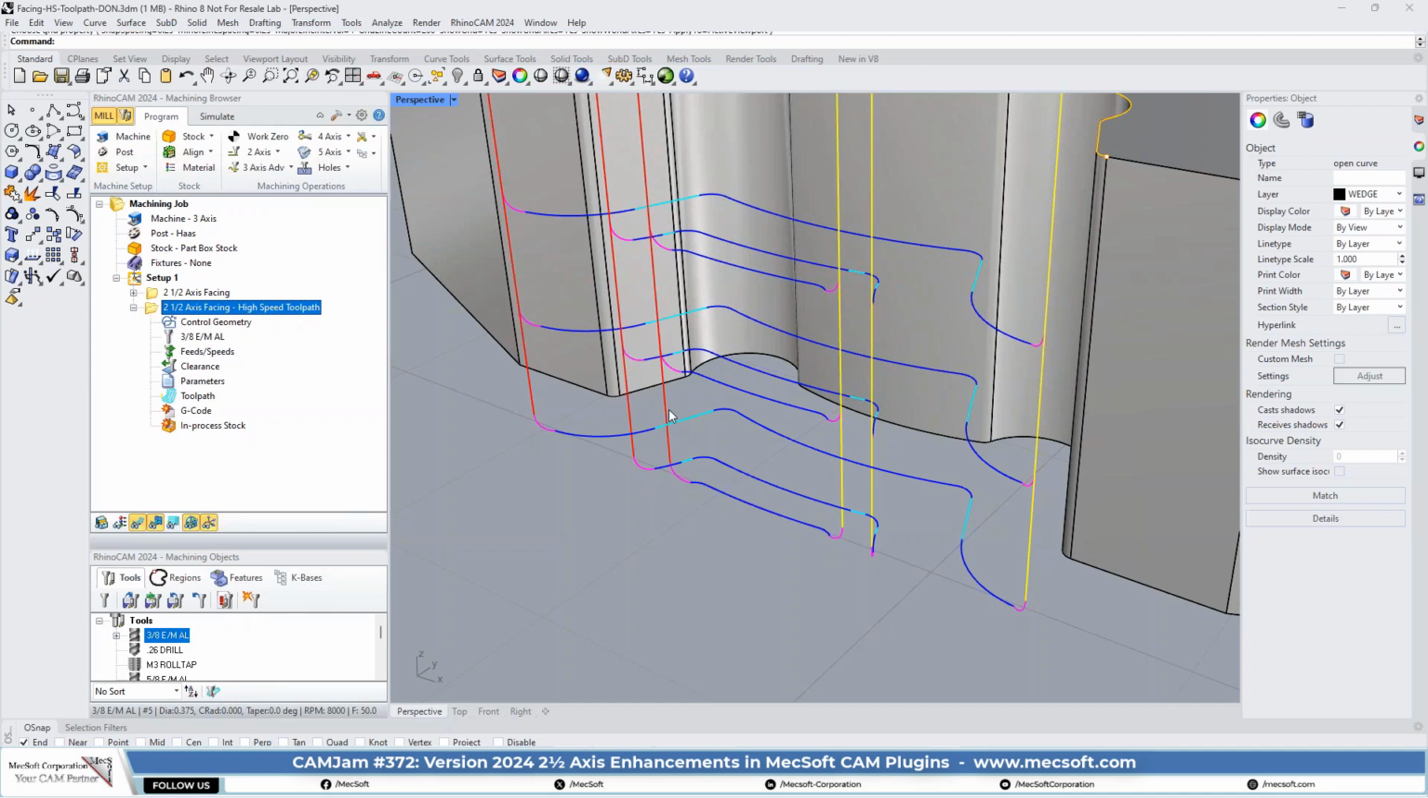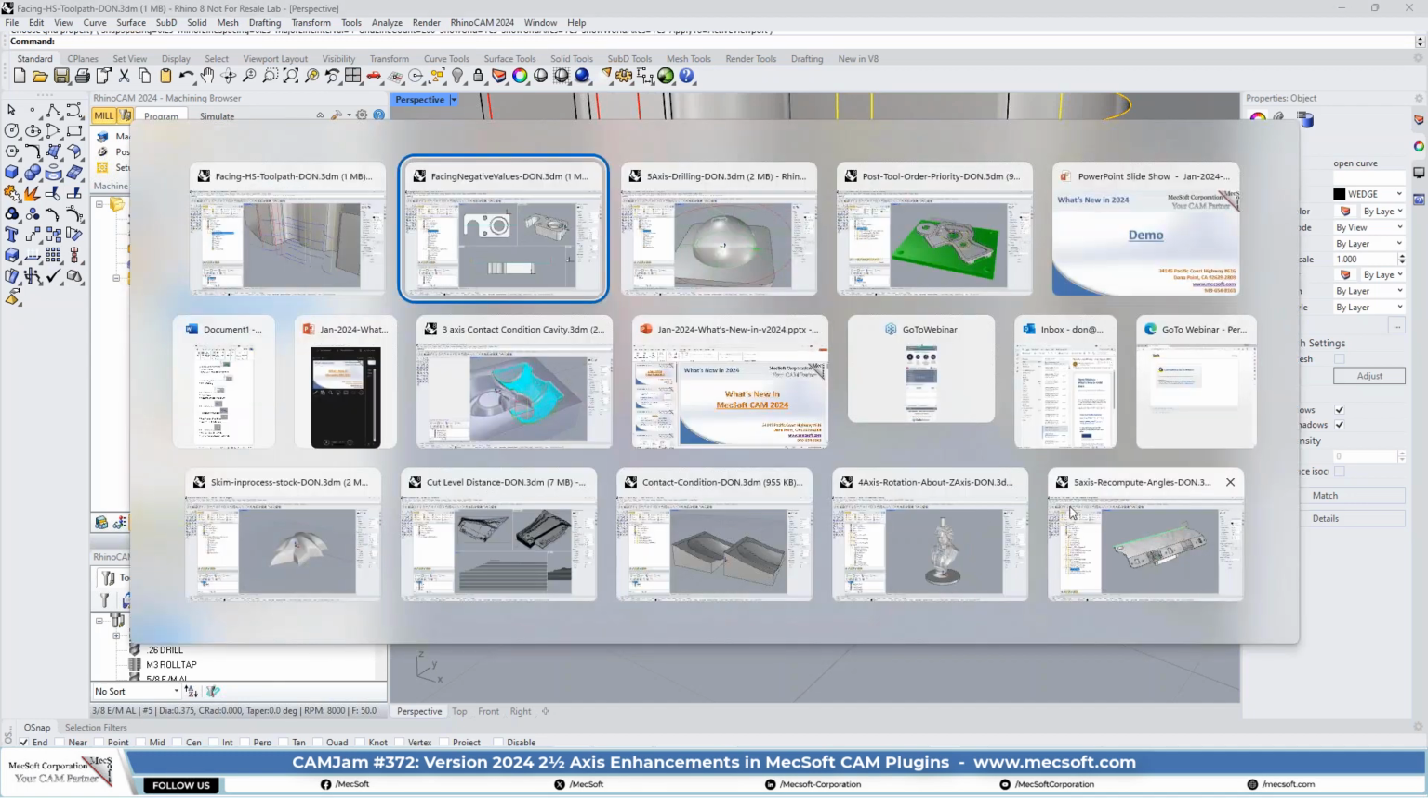Okay, so that was one of the 3-axis enhancements. Now let's take a look at the contact conditions. I'm going to spend a little bit of time on this. Our time is pretty good. If you've got any questions, be sure to put them in the questions box and we'll get to them. So let's look at first